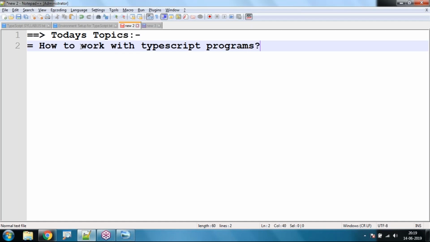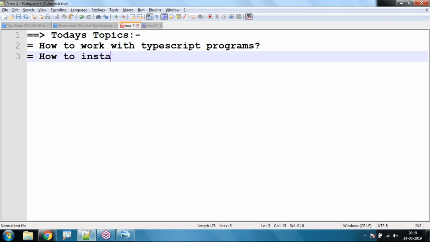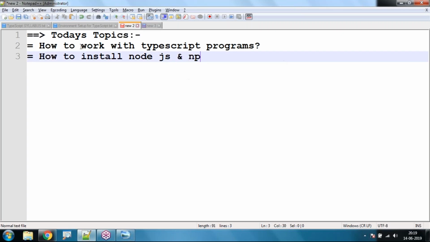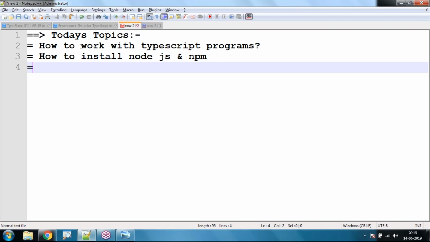Next, before that, I'll have a small refresh of how to install Node.js and npm. And next we'll also see how to install TypeScript, and finally